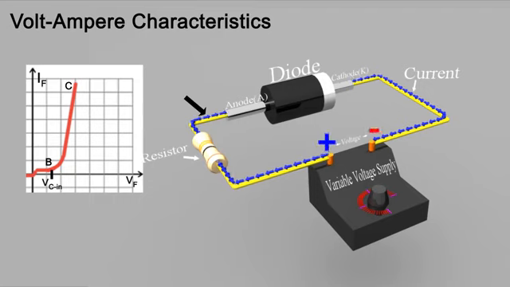With further increase in the forward voltage, it reaches the level of the cut-in voltage and the width of the depletion region goes on decreasing from region B to C. As soon as the forward voltage equals the cut-in voltage, current through the diode increases suddenly. The nature of this current is exponential.